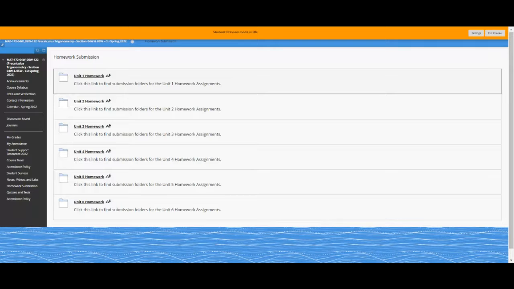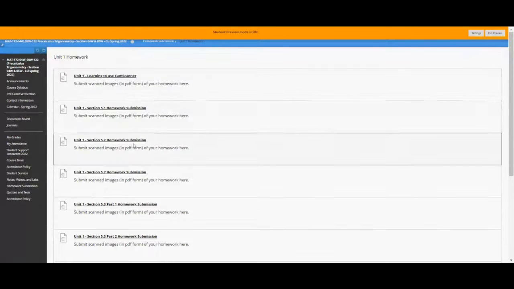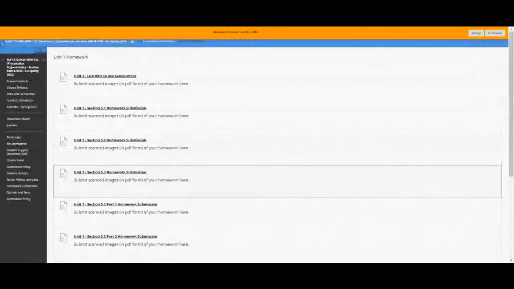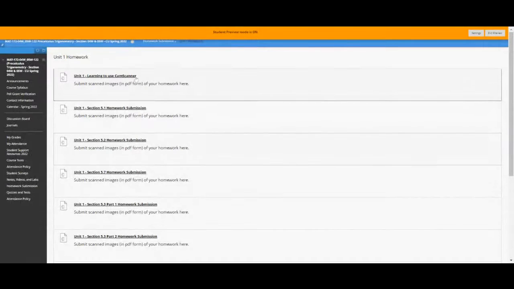Along the left-hand side, here's how I break up my course. So I don't have module 1, module 2, module 3. Instead, students know that they're working in unit 1, because I'll stress that again and again. We're in unit 1. And so they're looking for all the references for unit 1. So if I tell them to look at unit 1 notes or unit 1 videos, on the left-hand side, towards the bottom, it says notes, videos, and labs. And here's all my notes and videos and labs for unit 1. And when they click on that,